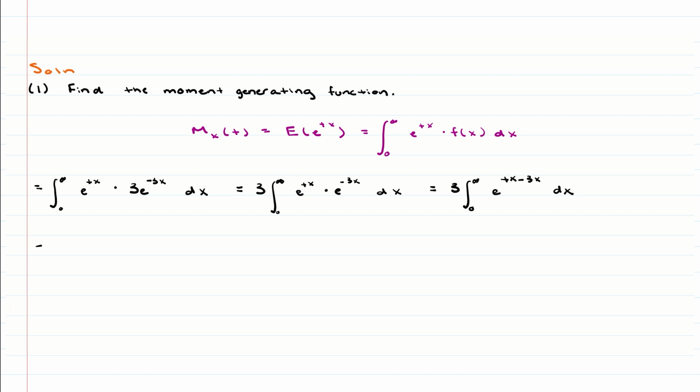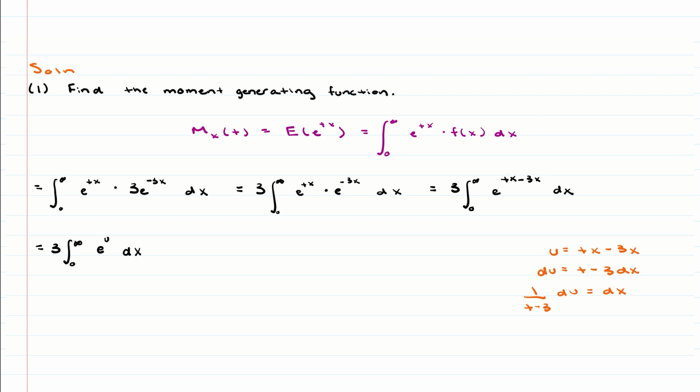Now at this point, I'm going to utilize u substitution. So that'll be 3 times the integral from 0 to infinity of e raised to u. And u represents everything that was in our exponent, so that's tx minus 3x. The derivative of this is t minus 3 dx. And then I want to get dx by itself so that we can integrate with respect to u. So I'll divide t minus 3 from both sides to end up with 1 over t minus 3 du,